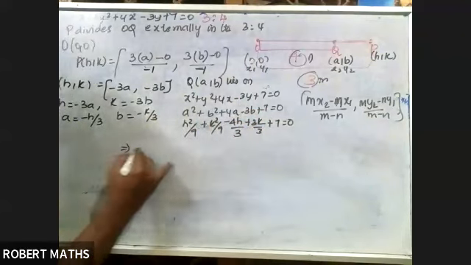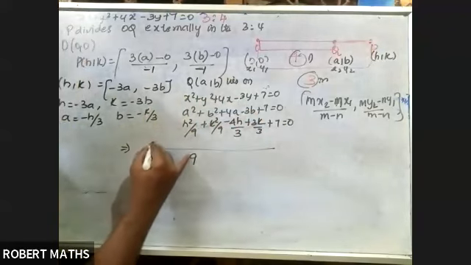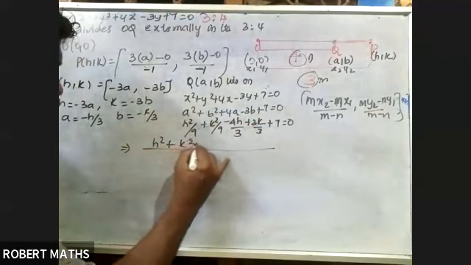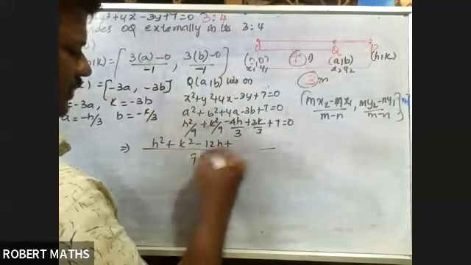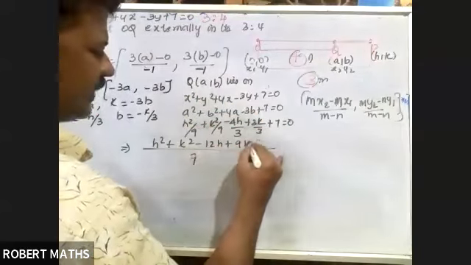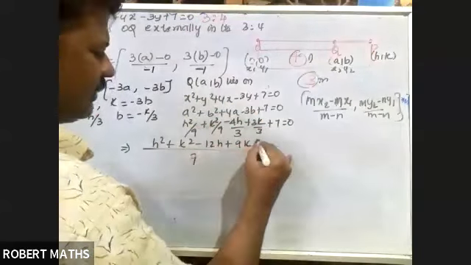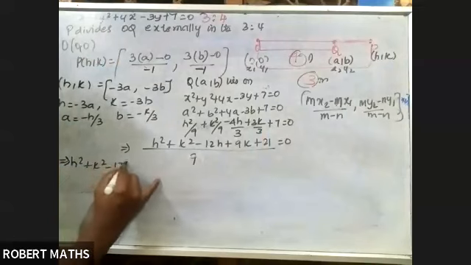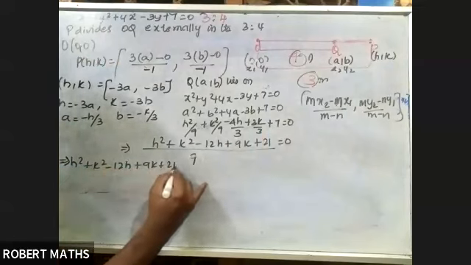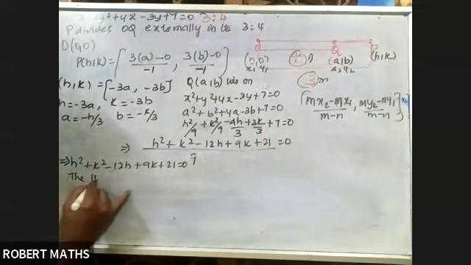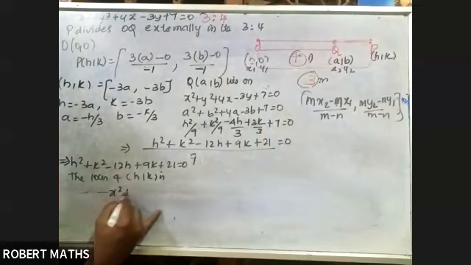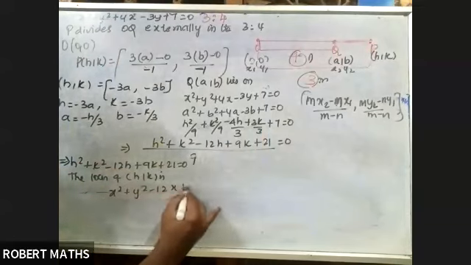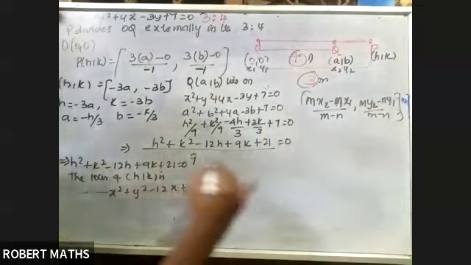எவ்வளவு சிம்பிளா முடிஞ்சதுல? அப்ப LCM எடுத்தா 9. We'll get 9, h square plus k square, minus 3 வந்து it will go 3 times, minus 12h, plus 3 times 3, 3s are 9k, plus 7 3s are 21, equal to 0. So therefore we'll get h square plus k square minus 12h plus 9k plus 21 equal to 0. Therefore the locus of h comma k, we can write this as x square plus y square minus 12x plus 9y plus 21 equal to 0 is the answer.